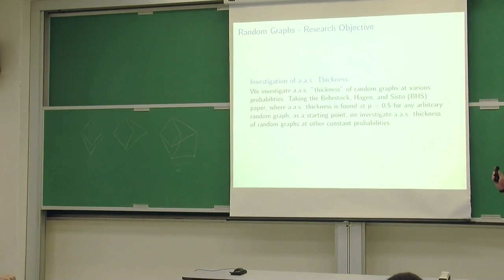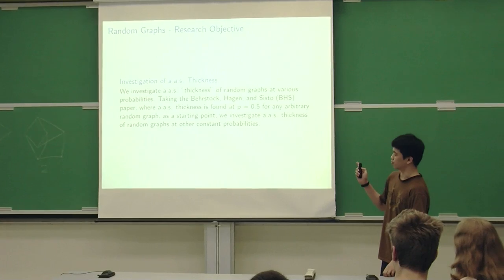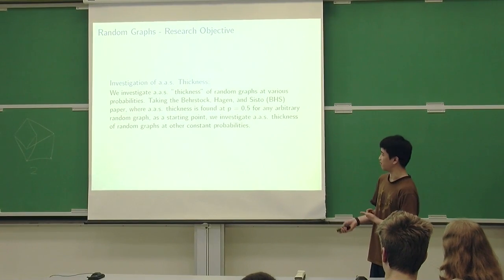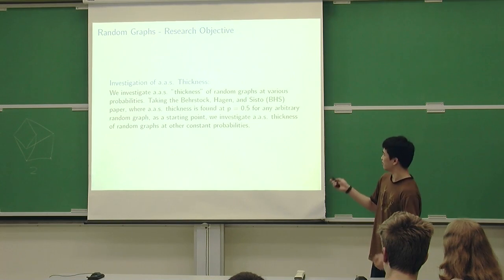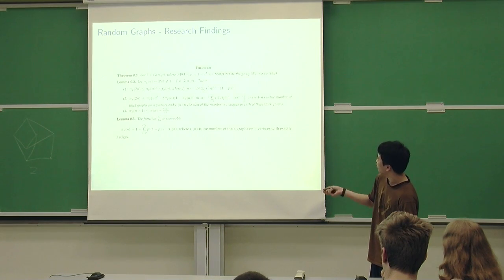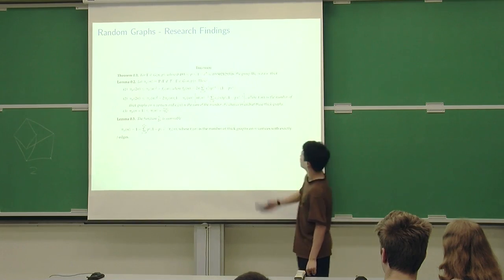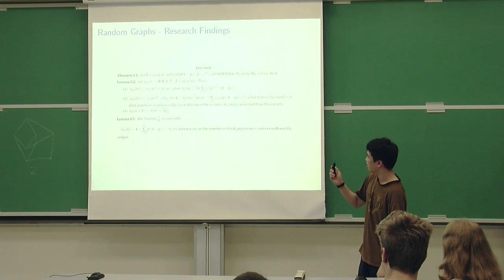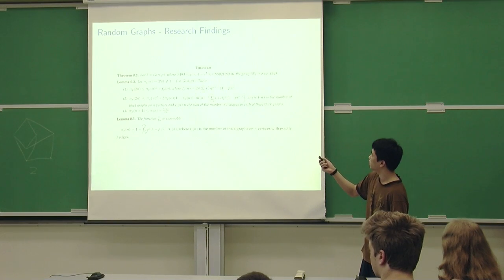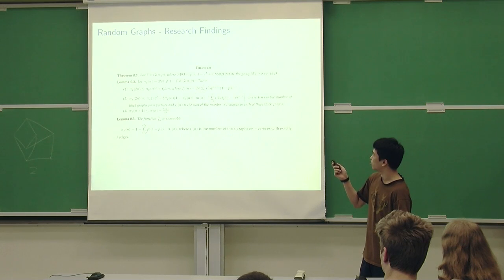So the reason that p equals a half is an easy probability to use in proving this is that a half equals 1 minus a half. So when you take the binomial distribution, a lot of these things simplify, and it gets rid of the need for a lot of extra factors that we had to introduce. So me and Sarba tried to generalize the result to a more general P,